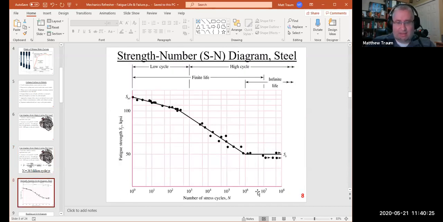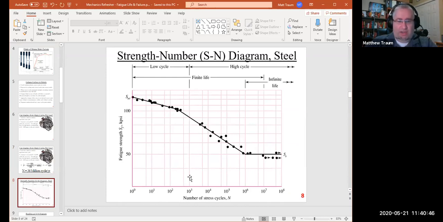So that's n on the x-axis, and it's logarithmic, right? So 10 to the 0, 10 to the 1, 10 to the 2, 10 to the 3. Each one of these lines is 10 times bigger than the previous one. And I think this line in the middle is halfway between, right? So this line right here that I'm pointing at with my mouse would be like 5 times 10 to the